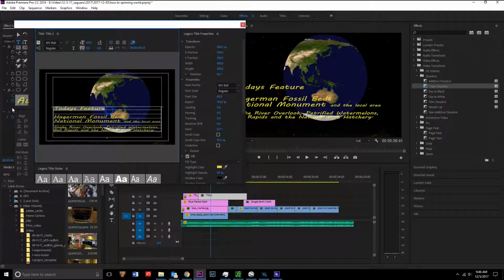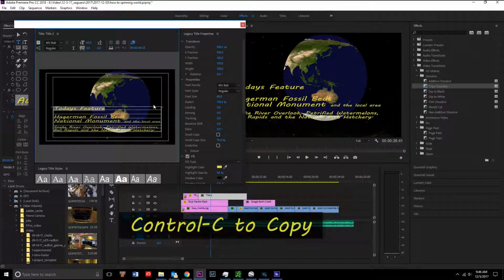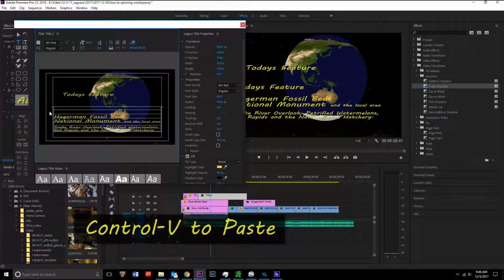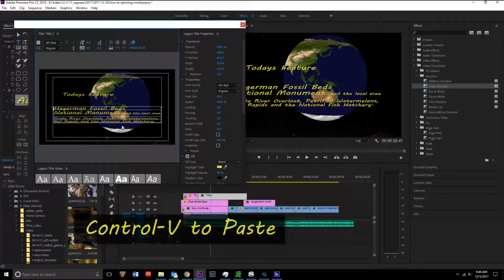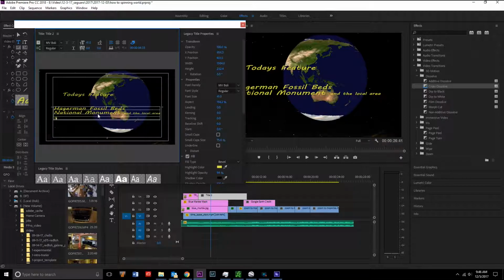I found that I wanted to be able to move things around, so I'm just going to copy that with a Control-C, and I'm going to set that out there. And now let's come in here and let's clean this up. Get rid of the extra lines. We'll get rid of this today because we won't need that subtext. And then what we're going to do here is just completely change this to how to,